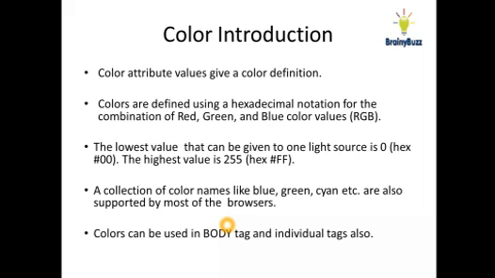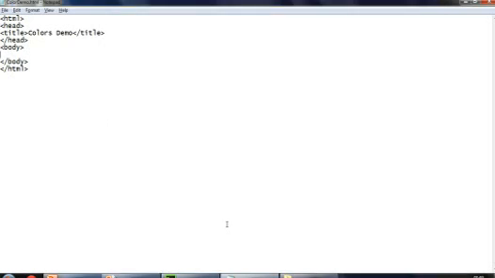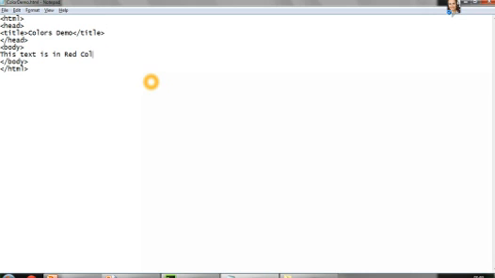Hexadecimal values vary from 0 to 255. Let me show you a demo with this. Over here I have written just a structure of the HTML page. I have saved it like the tutorial that we followed in the first tutorial. Like that, you can open Notepad, write your HTML program and then save it using the .html extension. So over here in the body tag,